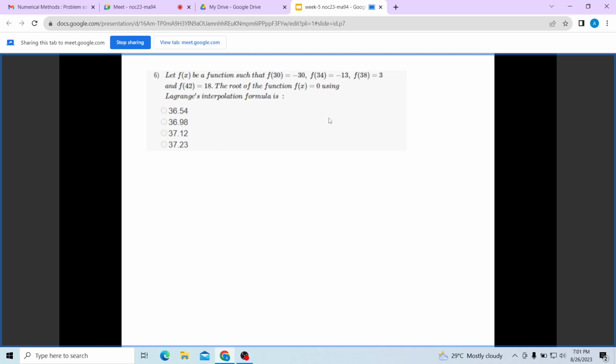Okay. So simply use the Lagrange's interpolation and swap the position of x and y. Normally we write y is equal to terms with x minus x naught, x minus x1 and all those terms. So here, as you have to find x, write x is equal to terms with y minus y1, y minus y2 in that way. Okay. So just switch the positions of x and y in the Lagrange's interpolation formula and you will get the root of the function f of x equal to 0. Try it